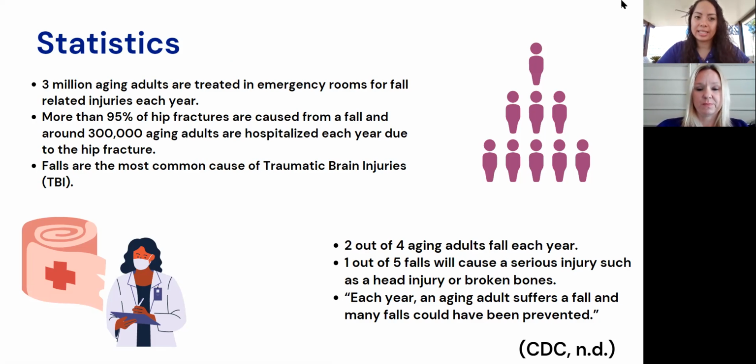So, looking over these statistics, it's a very high number, unfortunately, but that does not mean that we cannot lower these numbers by educating ourselves on fall prevention and trying to prevent things such as hip fractures, traumatic brain injuries, broken bones, and head injuries, because a lot of these factors could jeopardize things that we do in our daily lives. So it's good that we are mindful of these statistics, but also to not be discouraged that even though these numbers are high, we can continue to have fall prevention strategies.